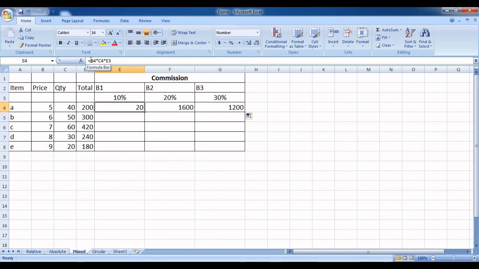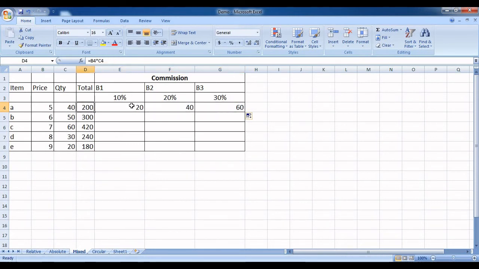So what we'll do here is we'll add a dollar symbol before the column. Column name should not be updated. It should remain B always. And similarly, C4 should not be converted into D4, E4, etc. It should remain same throughout. So I will add a dollar symbol here. Press enter. Let's see now what result it will bring in. Drag it towards right. We now have the correct result.